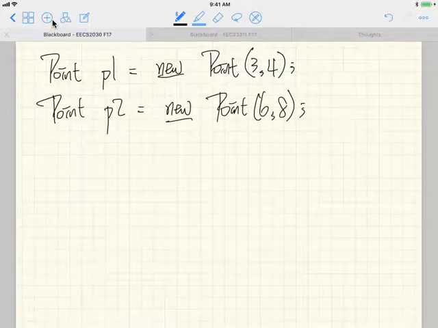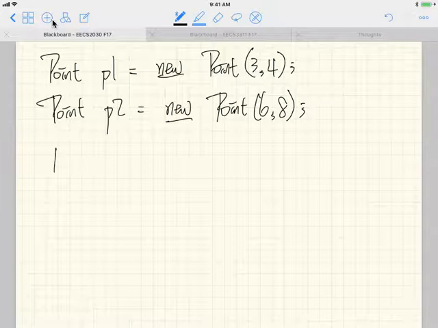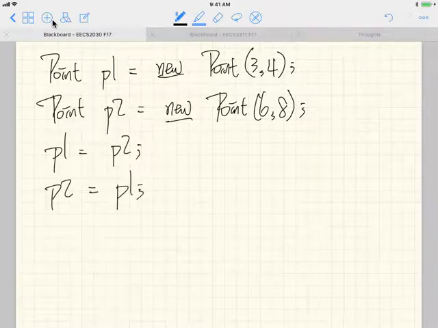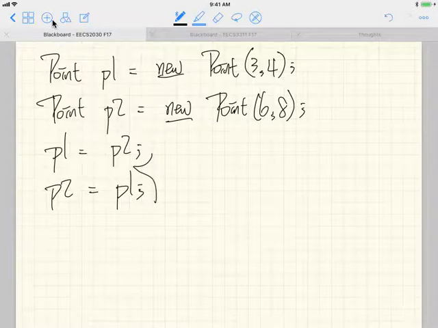This is what I want you to try to think. I say P1 is P2 as before. Now I say P2 is assigned to P1. Okay, after this. Okay, let me insert some line here. Okay, so I say P1 is assigned to P2, and then I say P1 move up